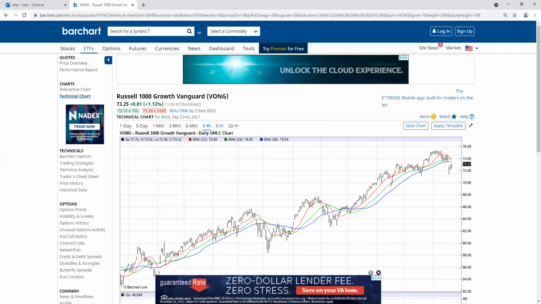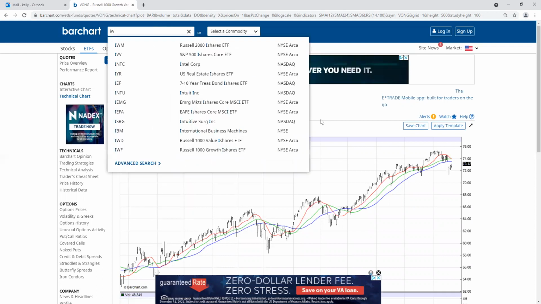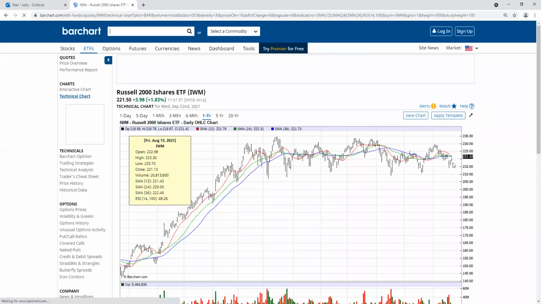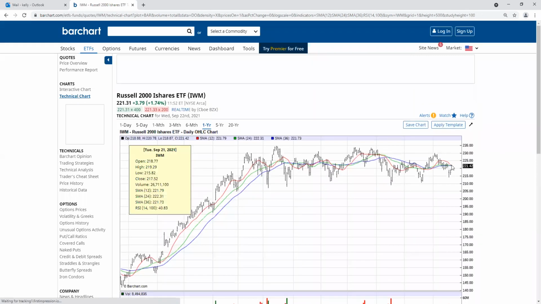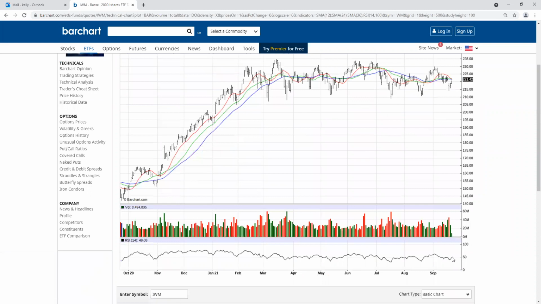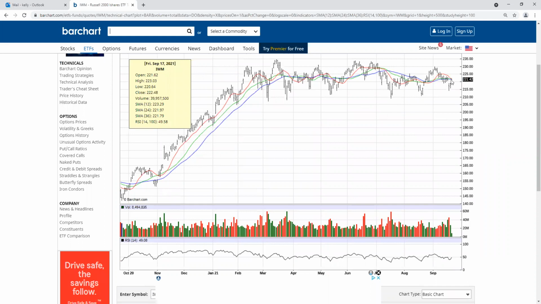And let's look at the Russell 2000, which IWM is a proxy for. This thing can get back above 222 and then 225. That could open the door for a big run in the Russell. There are some people who really think the Russell is going to be it. So there you go. Right at 49. So it's crunch time. It's crunch time.